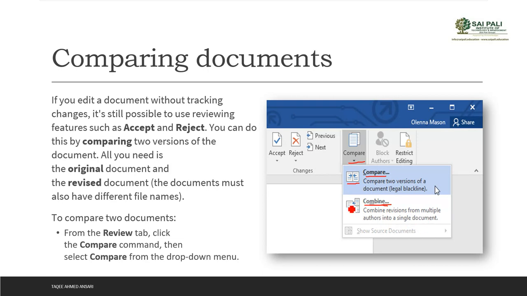That means I have the original one here, and two people who revised this document. This is revised by someone and this is revised by someone else. Now I have to decide what I want to take and what I don't. So I can use the Combine option to take changes from both versions.